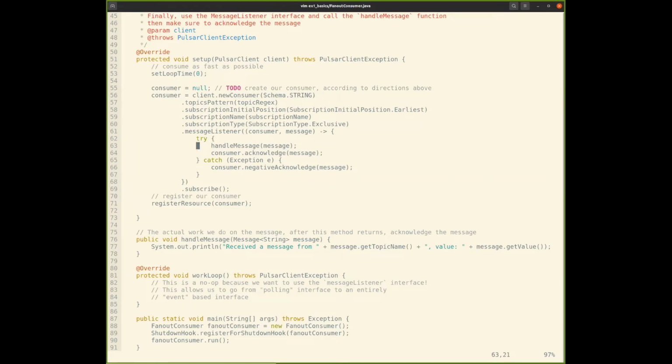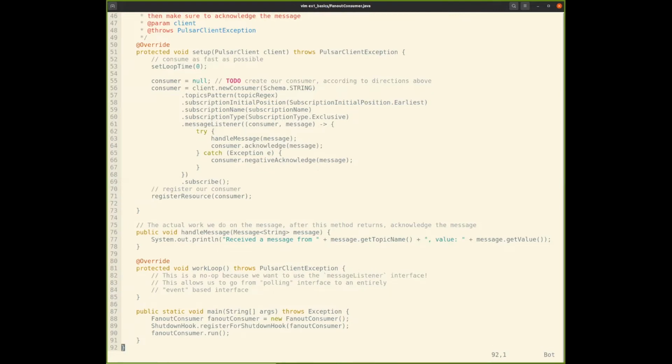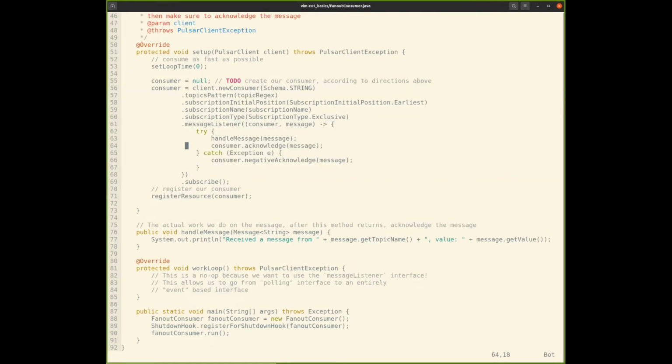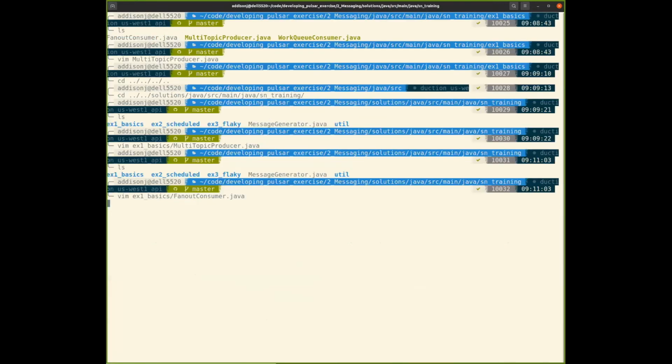That is a very easy way of being able to, instead of calling receive, use this message listener mechanism here. We didn't actually talk much about this API in the training, but this message listener is another way, instead of calling receive, that you can listen to messages, and it may work better if you want to have a model that looks more like a full push model,